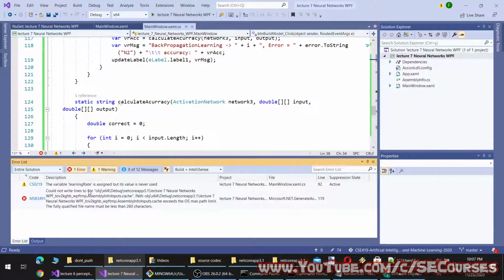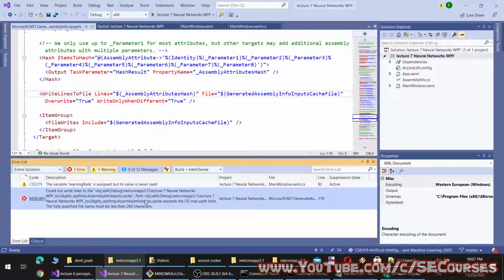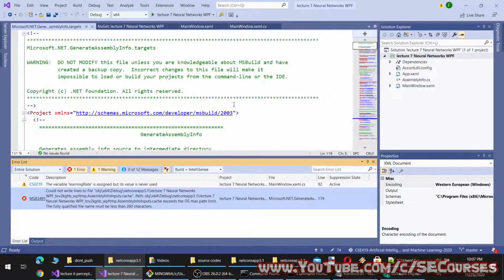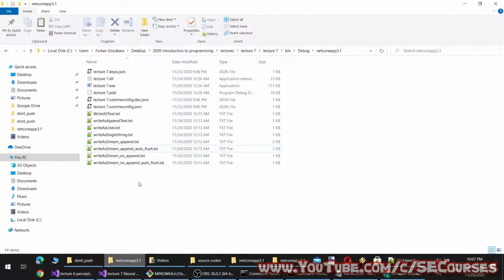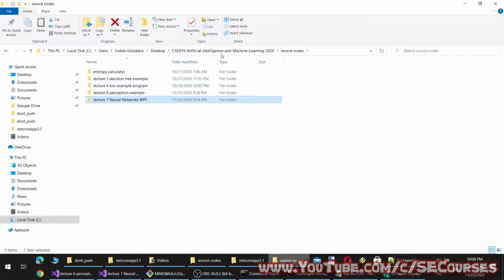Okay, it says there are errors. It appears that we are hitting the limit of folder name length.